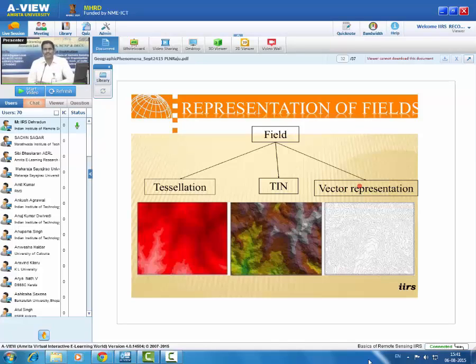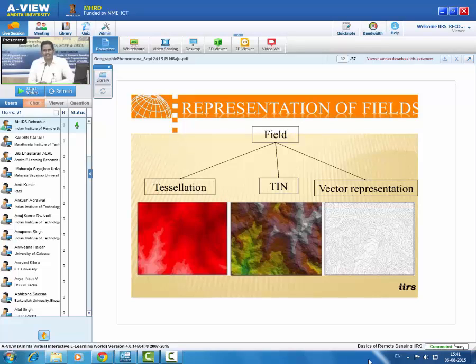Another is you can also represent it in the vector representation. What I mean by vector representation is that you have lines, and each line has one similar value. Suppose this is a contour, that line will have the same contour value. Similarly, the next line can be incremental or decreasing. So these contours are represented. The same height information we are representing